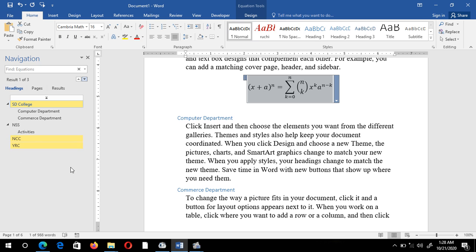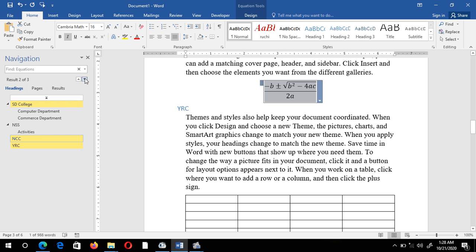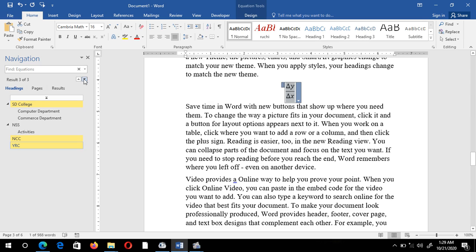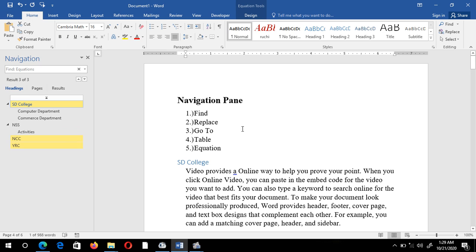It means in my document these headings and subheadings include the equations and it is showing result 1 of 3. That means in my document we have 3 equations. How can I jump? Just click here. This is 2 of 3. That means it is equation 2, equation 3. So in this way I can jump from equation to equation.